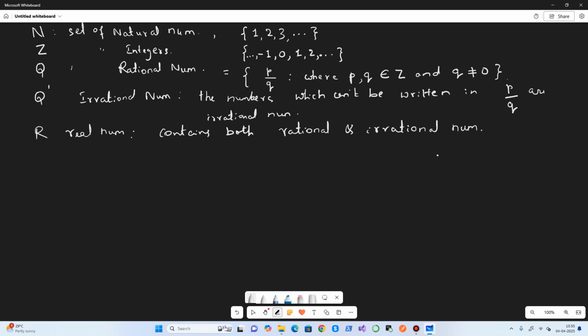So these are the common notations we use to represent these frequently used sets in mathematics. We have one more, called W. This is the whole number set, the set of whole numbers. We have the natural number set, so if you add 0 to the natural number set, we will get the set of whole numbers. So this pattern continues.